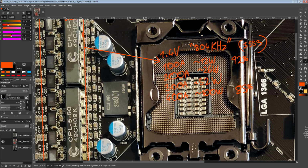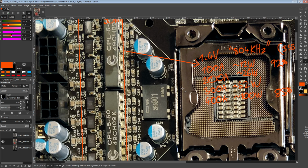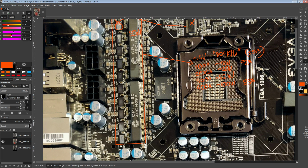So yeah, this VRM's efficiency is pretty terrible by my estimates, and realistically probably pretty terrible, because the e-power board that EVGA said is 350 amps output using this VRM design, they also expect you to use a 5,000 RPM Delta fan on it to cool it. At which point, if you throw that much air at something, the fact that it's really inefficient is not really that much of a problem anymore, right? It's like, if your VRM is garbage, then just water cool it and it won't overheat anymore. It's just not technically a solution, right? If your VRM's not efficient enough, just throw more cooling at it. Yeah, that seems to very much be the approach with this right here. So,